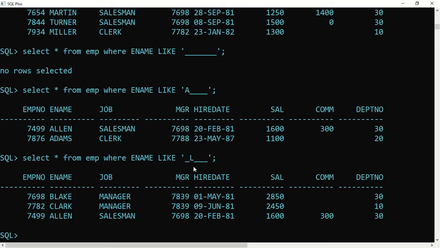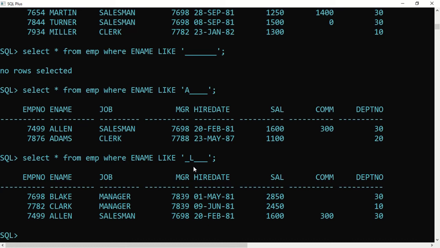Now consider that in our e-name a person has a percentage sign, or an underscore in the name itself. How will we find it? Because underscore has a special meaning here: underscore stands for a single character and percentage indicates many characters or no characters at all.